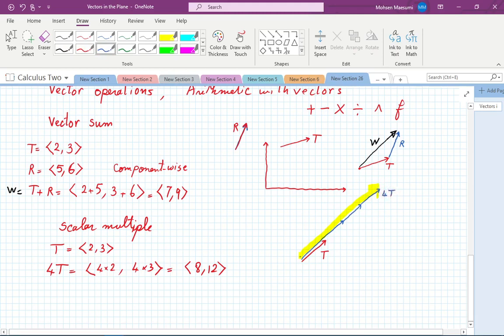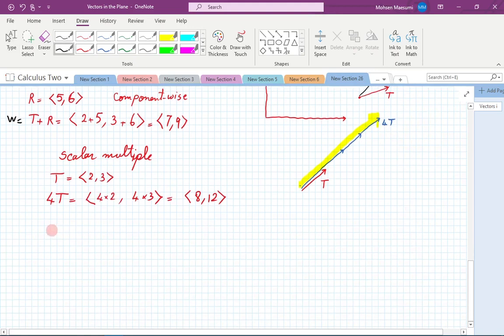So stretching a vector is shown by scalar multiple. Well, what if I multiply by a negative number? So what is minus t? Well, minus t would be minus 1 times 2, 3, and of course that is just minus 2, minus 3. How do you understand this thing